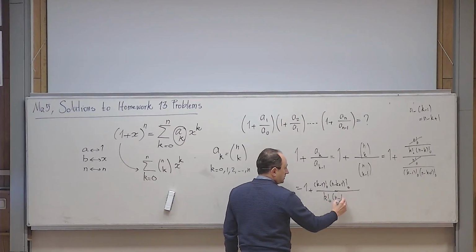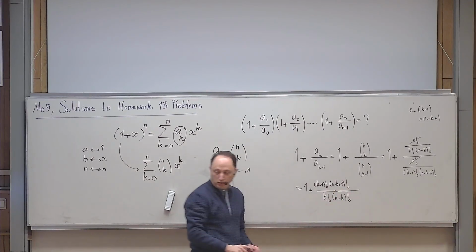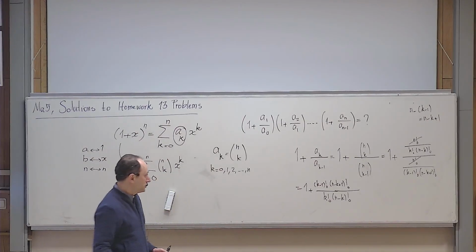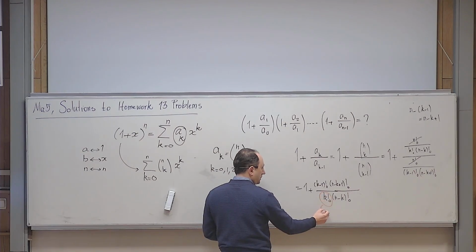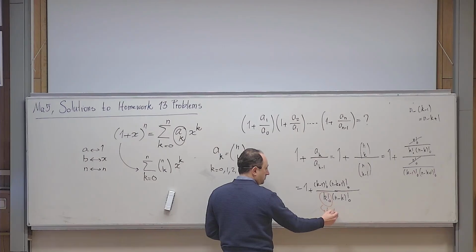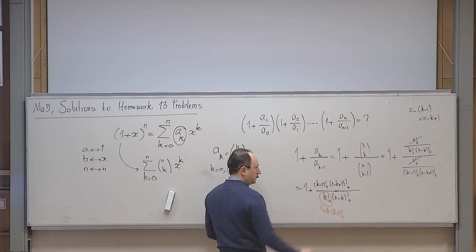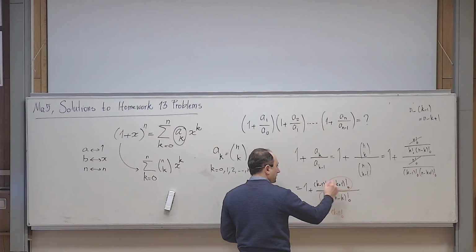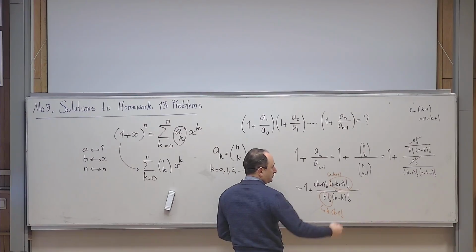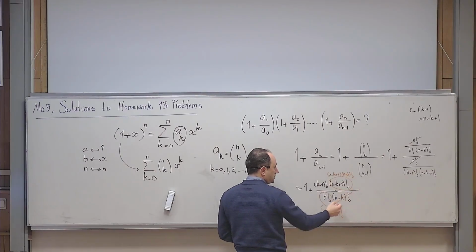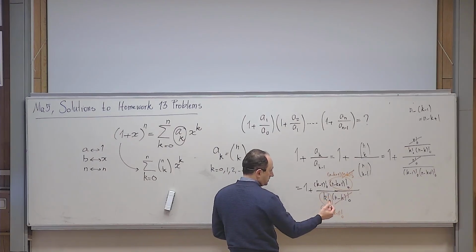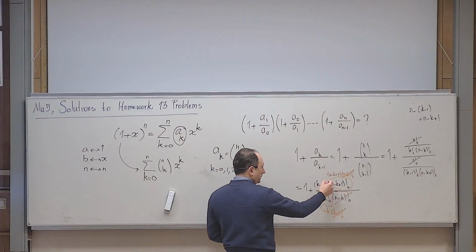(n minus k) factorial. And of course, I hope that you see that there are a lot of things that can be simplified now, yes? For example, this k factorial can be visualized as k times (k minus 1) factorial. And this one can be visualized as (n minus k plus 1) times the previous one, (n minus k) factorial. And then what happens? This (n minus k) factorial cancels that one, and this (k minus 1) factorial cancels that